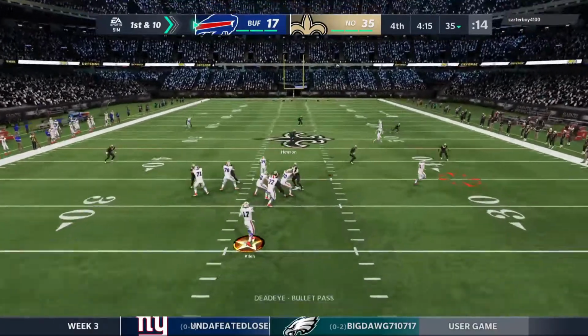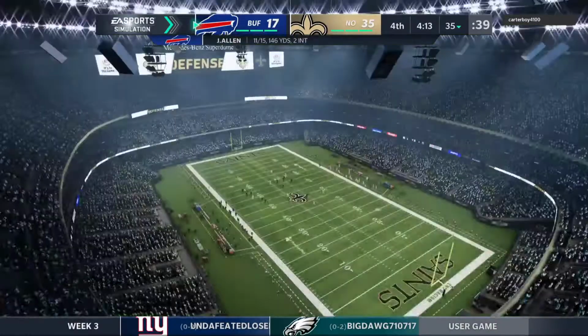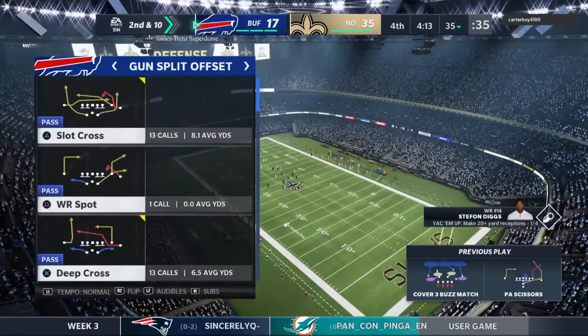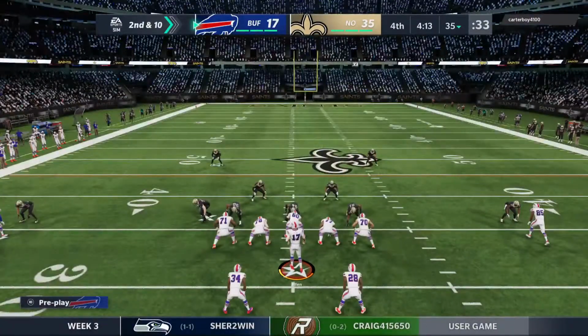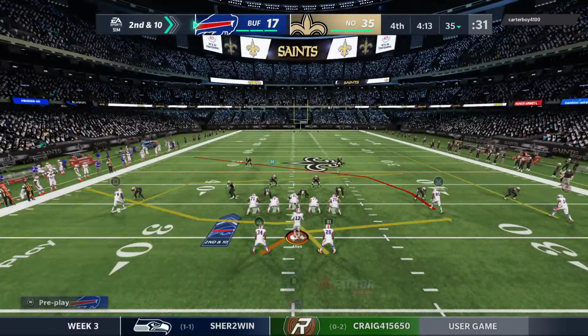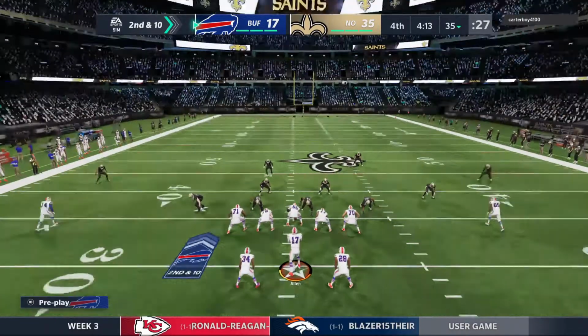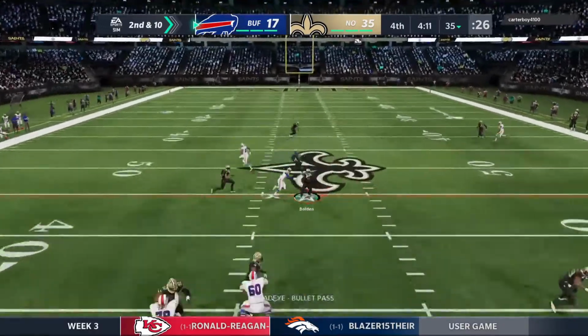Allen. And that's going to be incomplete. Too tough to hold on to that one. It's 2nd down. Defensively, you look at the numbers. Another incomplete pass we just saw, and they're under 200 yards passing for the game, so they've done their job on that side of the ball. Yeah, recently I was actually working a game where a quarterback had a streak of 5 straight games without a 200-yard game, and that was a big...